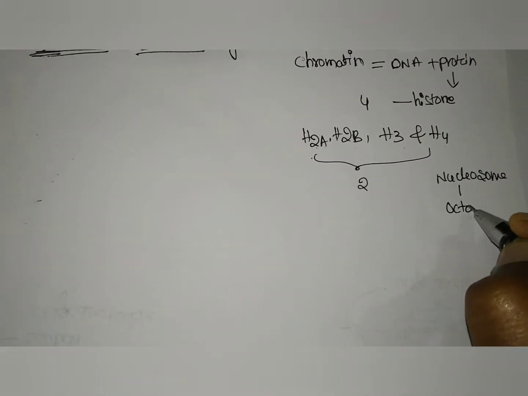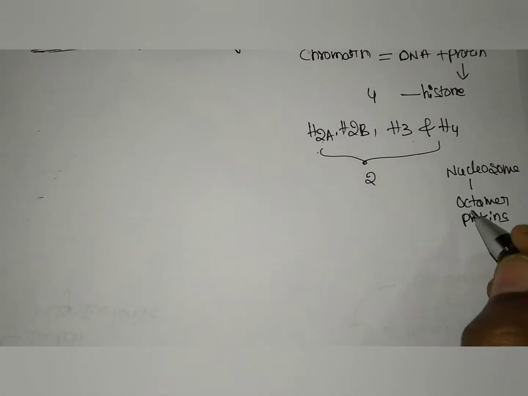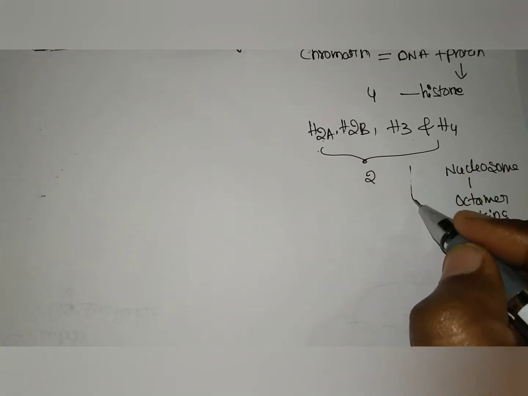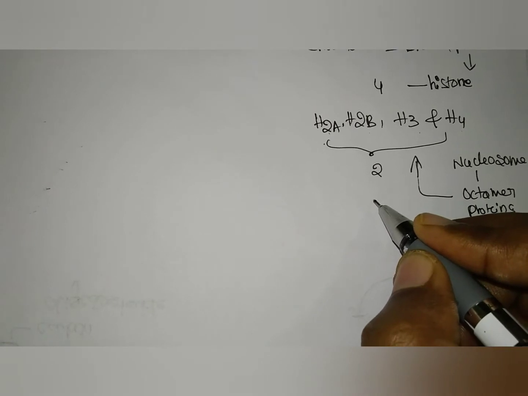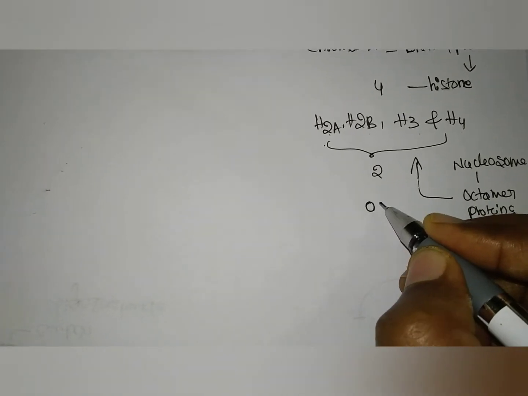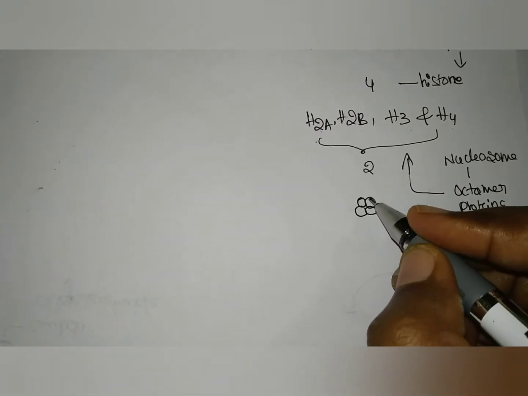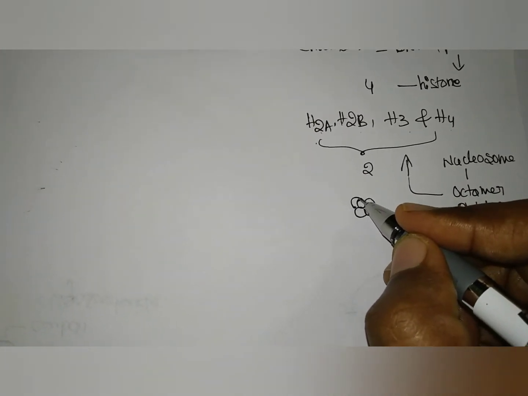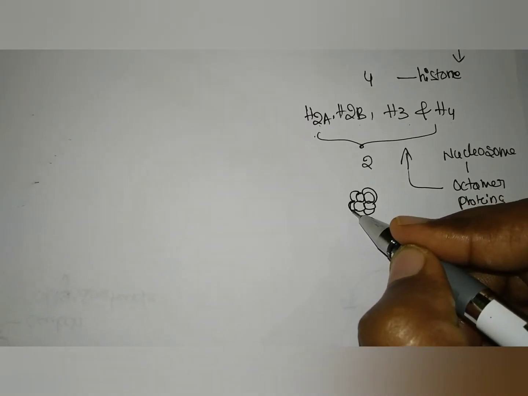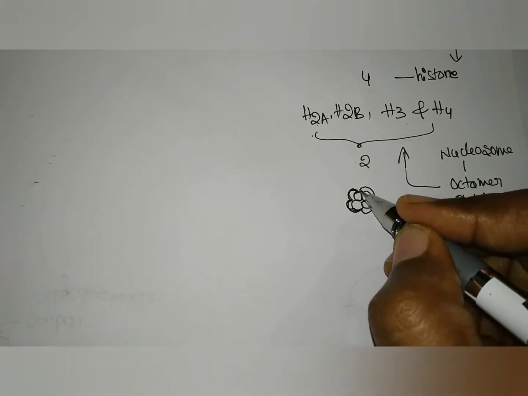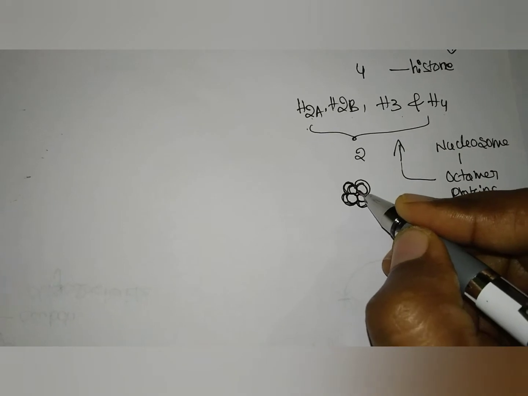It is an octamer of histone proteins. In this octamer mainly these 4 types are present, each with two molecules. Here H2A, H2B, H3 and H4 are present. On the other side, one more H2A, H2B, H3 and H4 are present. Like this there are 8 molecules of histone proteins of 4 types.